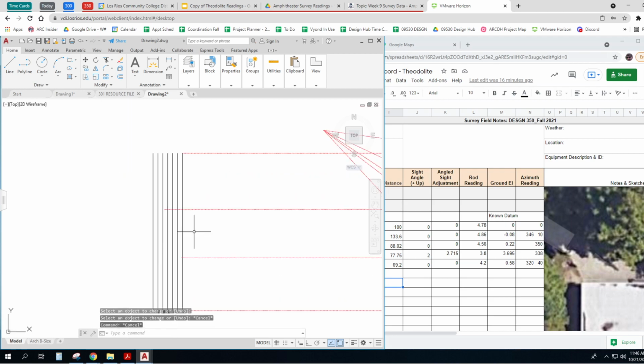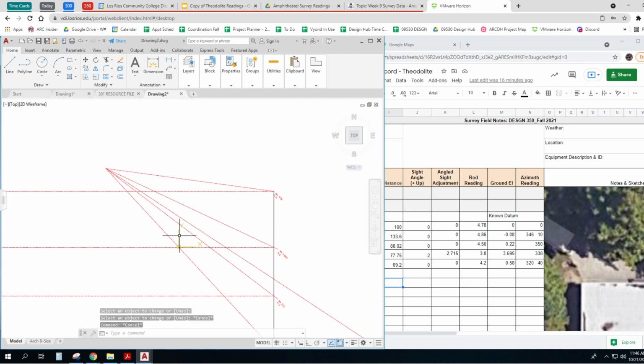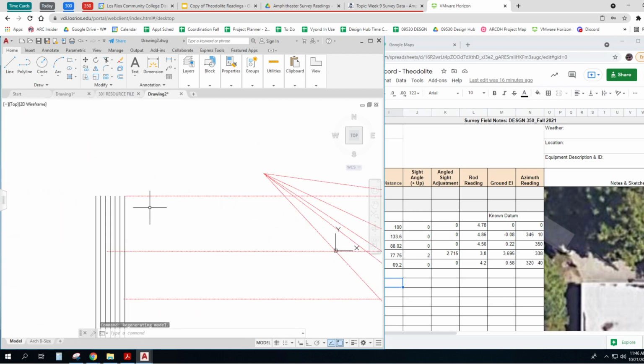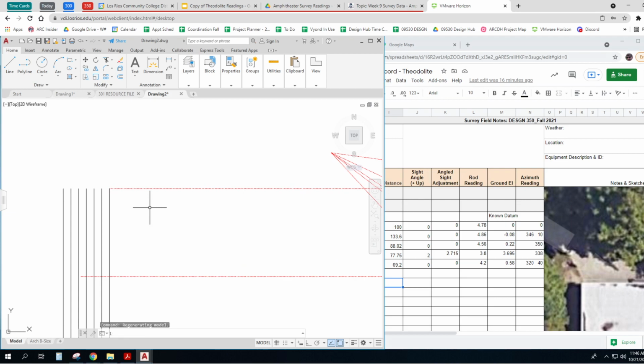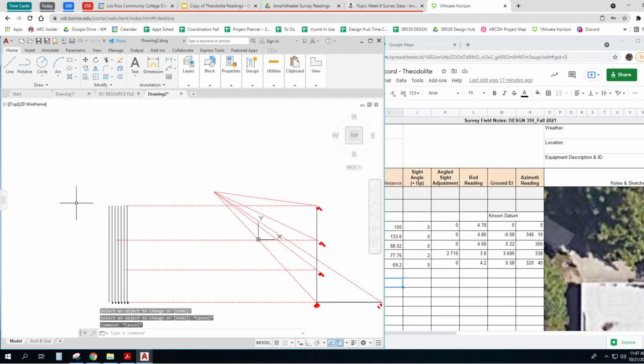That's where the mound is there. And then this one is back to 0.58. So lengthen, DE, 0.58, and do it twice. Once, twice. Now I can go to my polyline